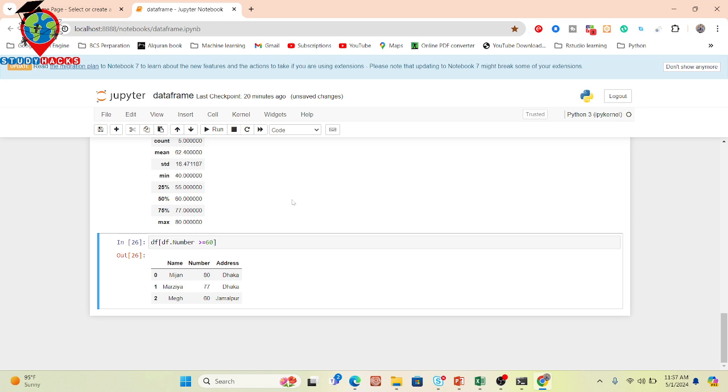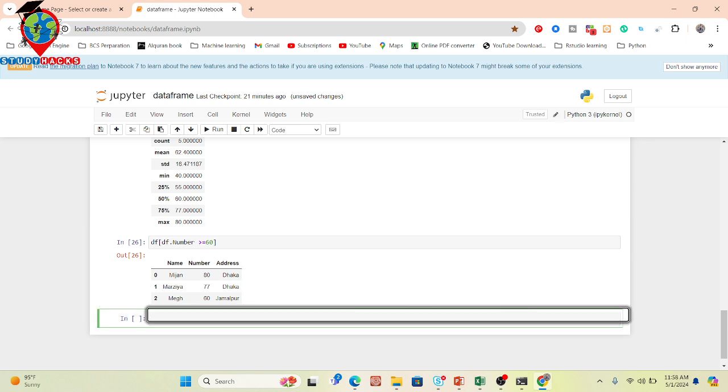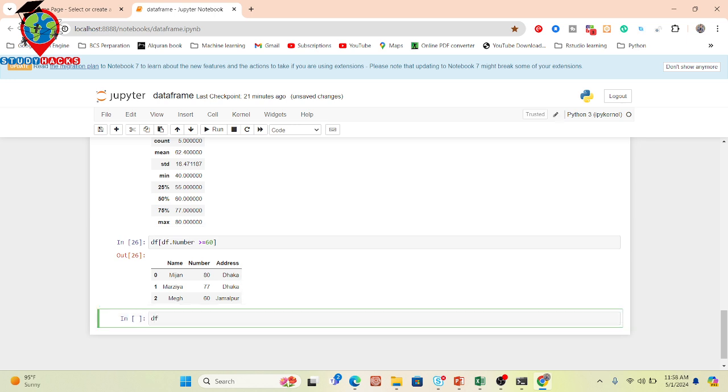Further, if you want, you can also put here other conditions. Suppose you want to check a condition, where the number is equal to something. You just simply put it here. Suppose I take a new cell and I call the df, and df dot number equal df dot number dot max,